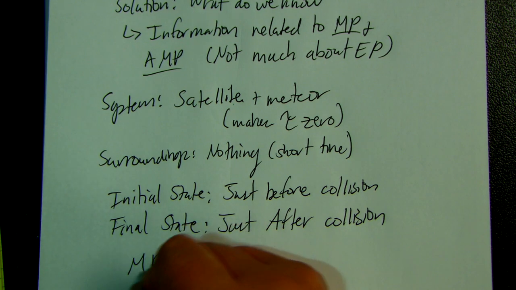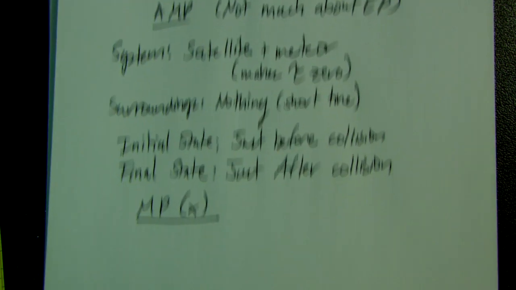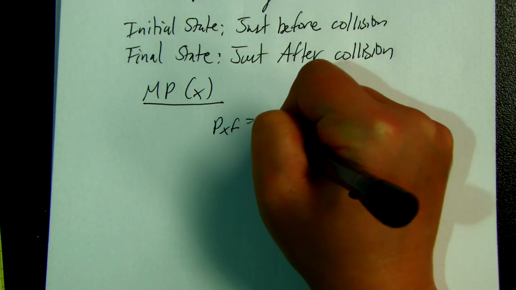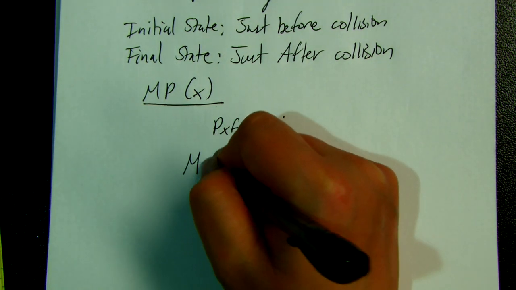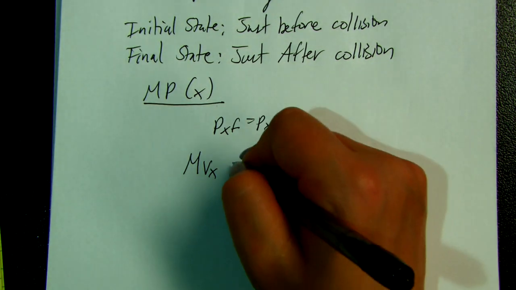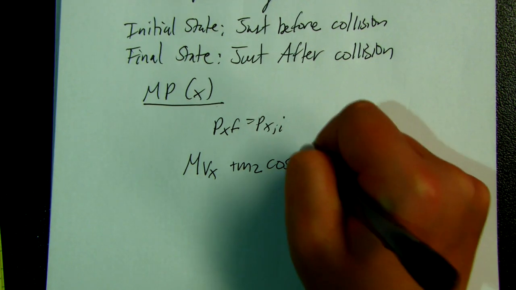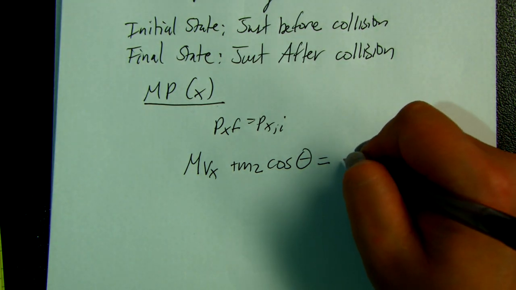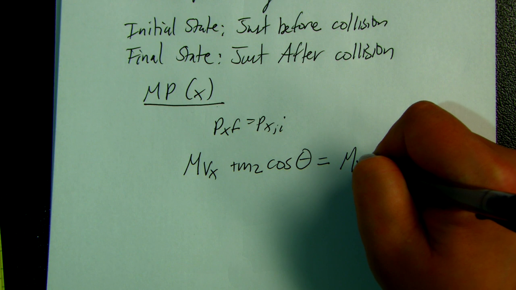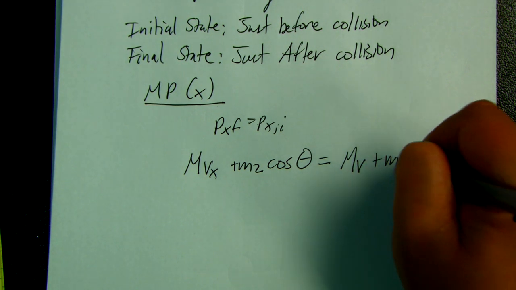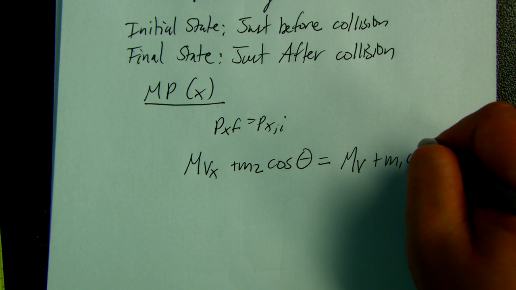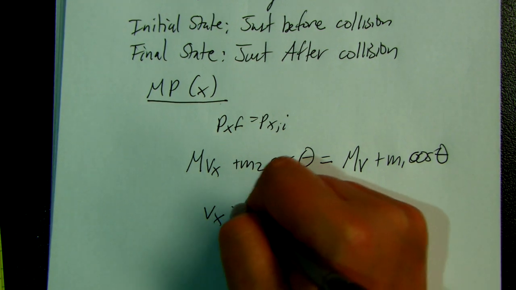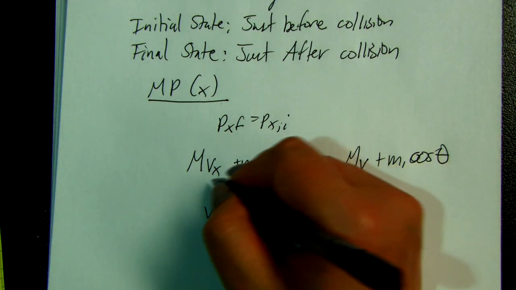Okay, so let's start out with the momentum principle in X. So Px final is equal to Px initial, M vx plus m v2 cosine theta is equal to M v plus m v1 cosine theta. So Vx is equal to V, so we're solving for this,